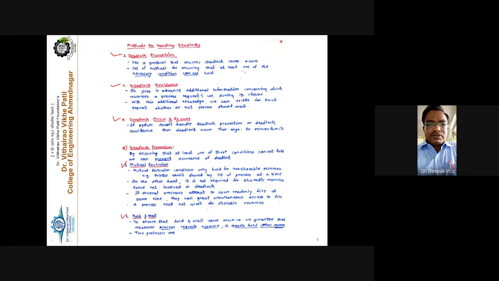That is called mutual exclusion. That means we can say that non-shareable resources are mutually exclusive in nature. For example, a printer. Once the printer is executing one process and printing something, the other process has to wait until the earlier process completely finishes its printing task, right? So this is a non-shareable resource.